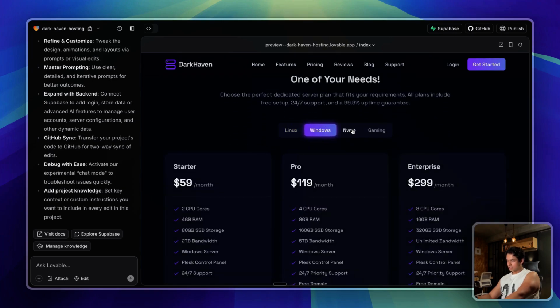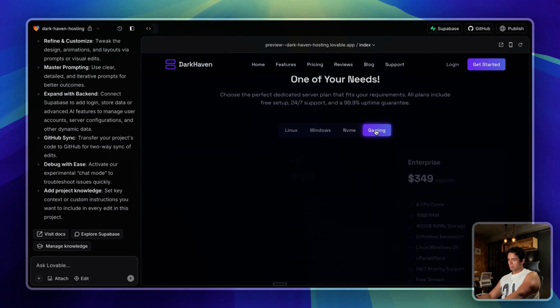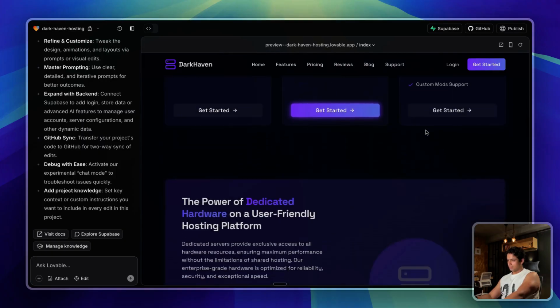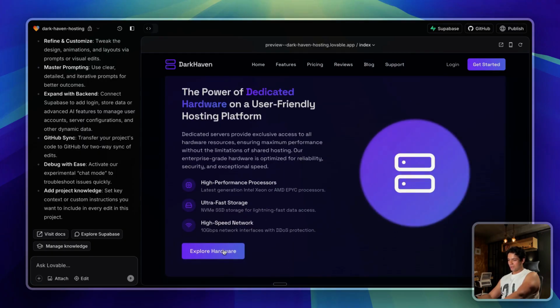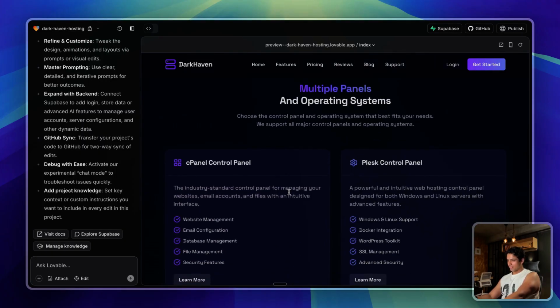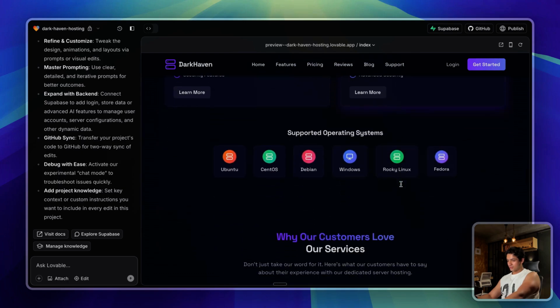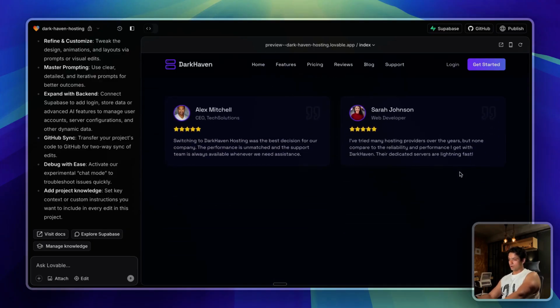Oh, these buttons are also working. Damn. I'm loving it so far. Just look at the animations. I mean, I did not expect that this is going to be so good. Last I tried out this method, it was a few weeks back, and I think Lovable has improved a lot since then.